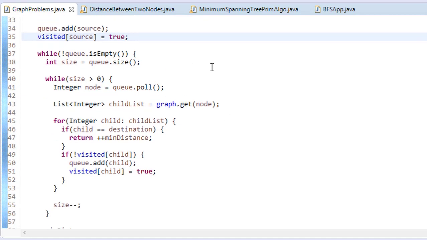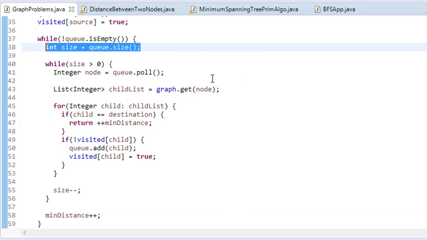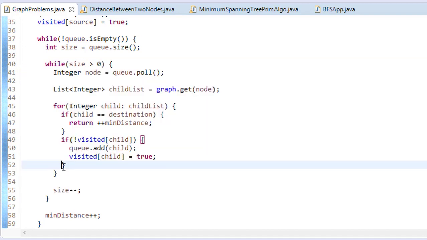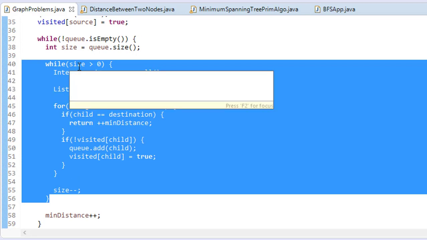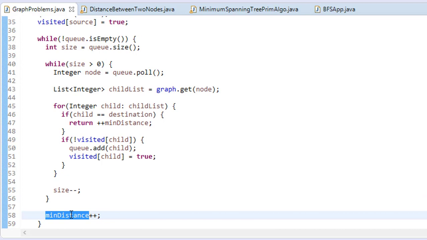Now until this queue is not empty, first of all I am getting the size. So here basically I am defining the size, right? This will operate until size is greater than 0, and then I am decreasing the size by 1 whenever I am done with the operation on one element, right? So in one layer you will operate until your size is greater than 0, and then you increase the minimum distance, right?